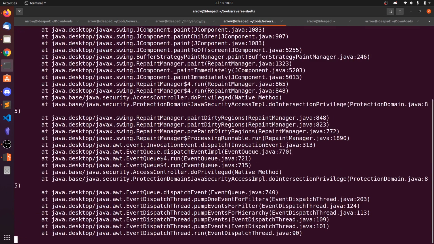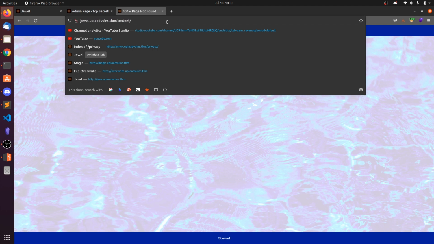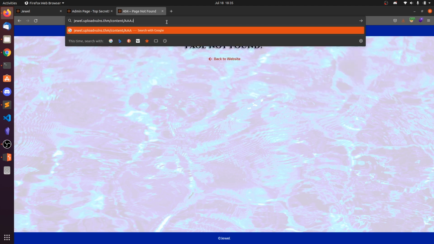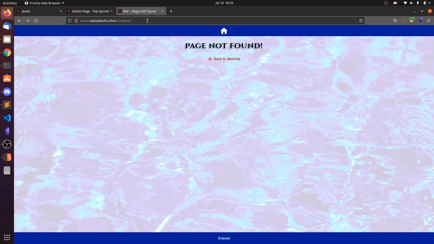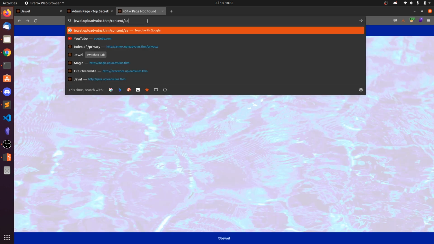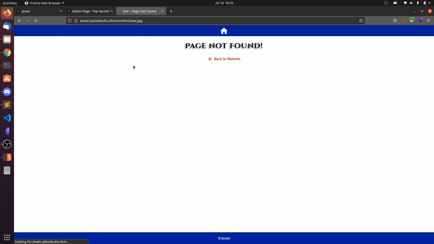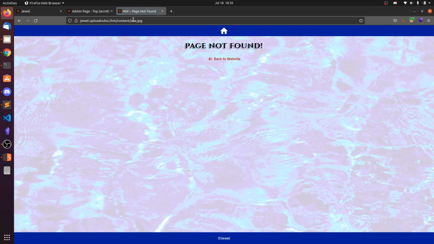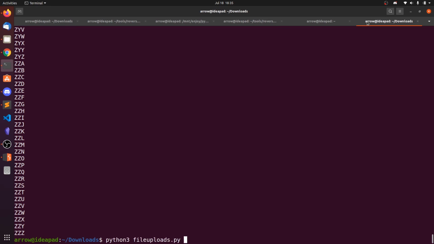So first directory we have is content. So in this content, let's type AAA dot JPG. HTTP. So page not found, so we need to brute force this one. Let's use GoBuster.